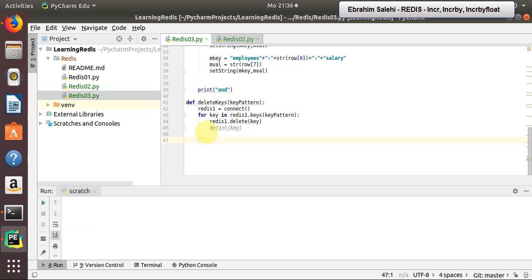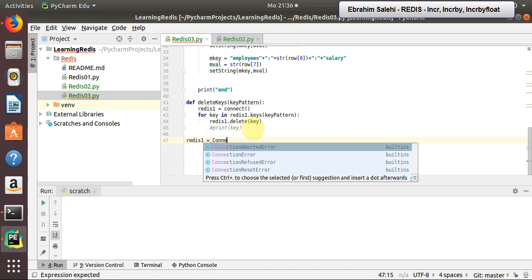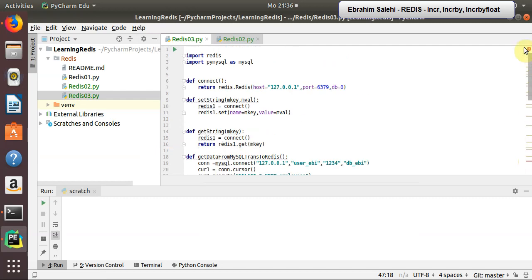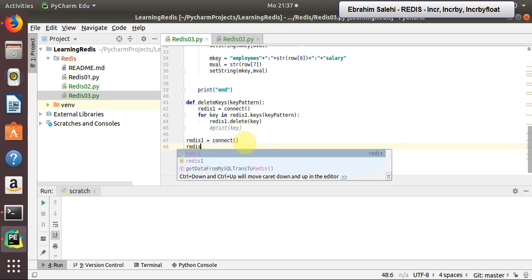So I declare a new variable and use the connect function. Here, as you can see, the connect function, you can use it. So I have to use it with C, and Redis 1 dot